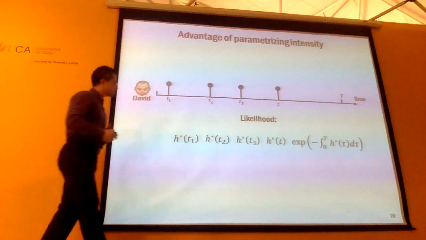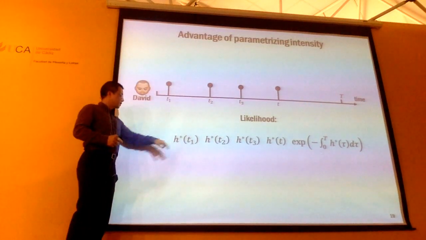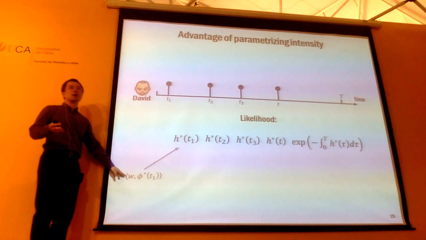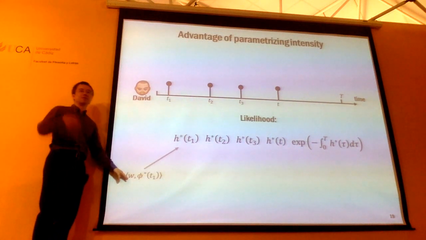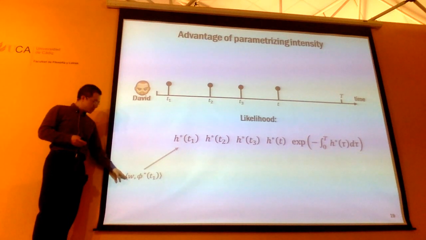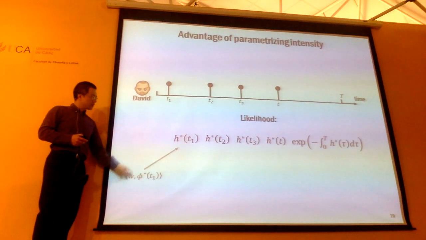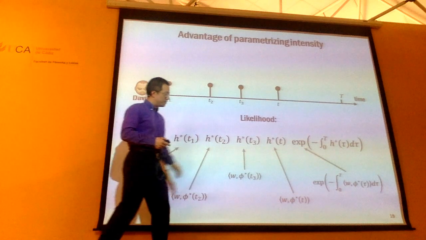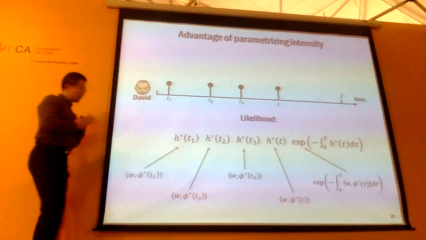And if you parameterize, for instance, this intensity function as some kind of linear model, it doesn't need to be normalized. That's why we don't need this exp of something or divided by Z. As long as it's non-negative, that's fine. We just parameterize some kind of linear model here.